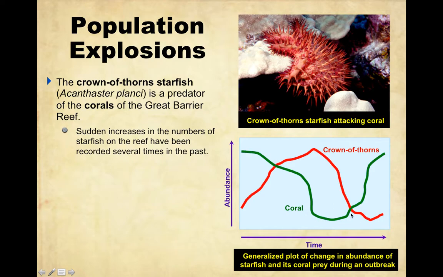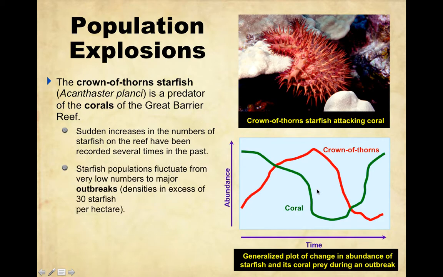goes down, okay? And this is very similar to the lynx and hare example that we've talked about in the past. Once the coral population has crashed, the crown of thorns have nothing to eat, so their populations go down. Once their population goes down, the coral have a chance to reproduce again, and their population goes up. So there's going to be a lag time like you've seen in the hare and the lynx. So we have these outbreaks that occur once the